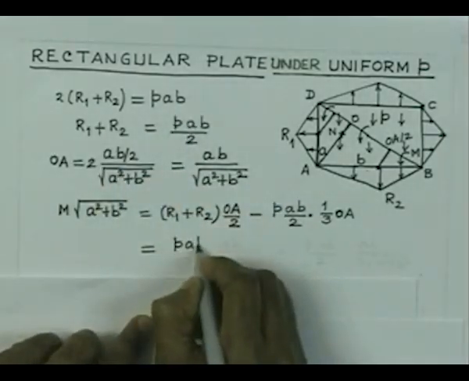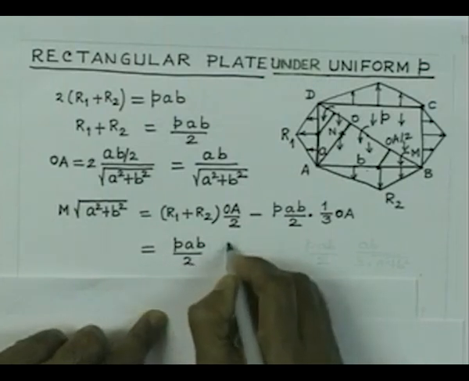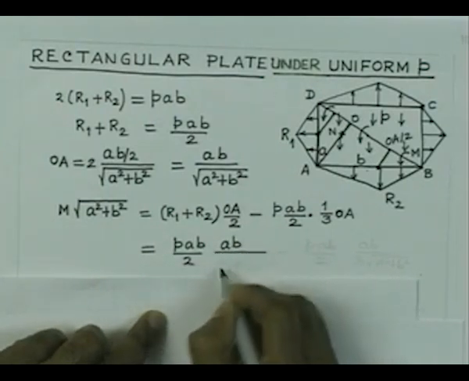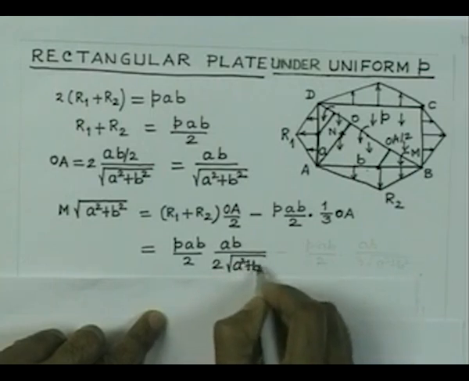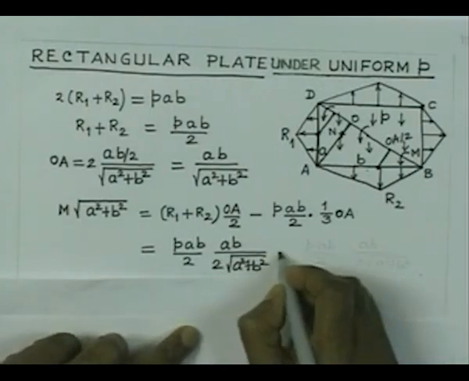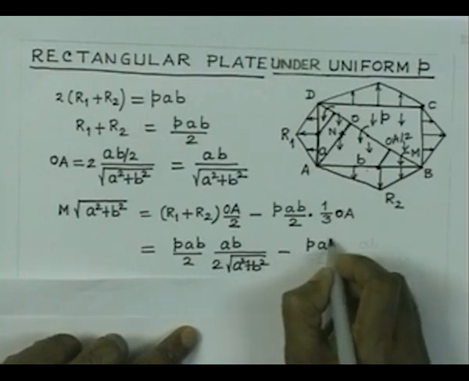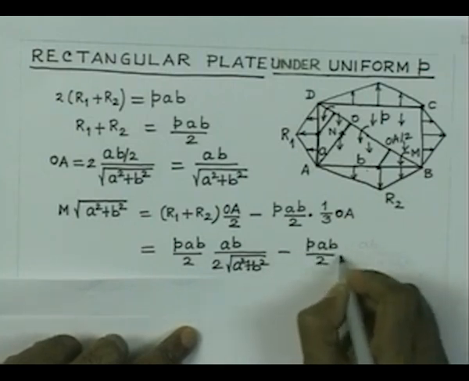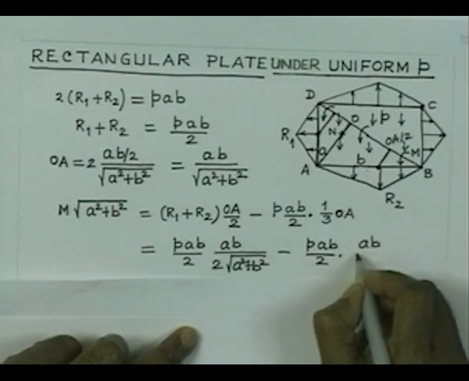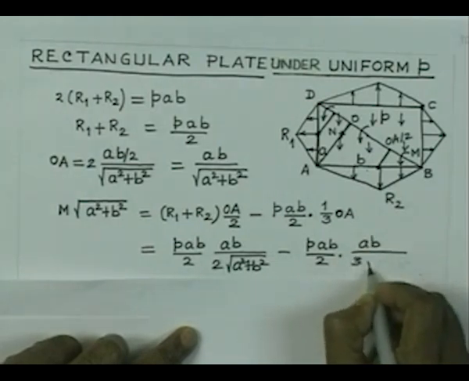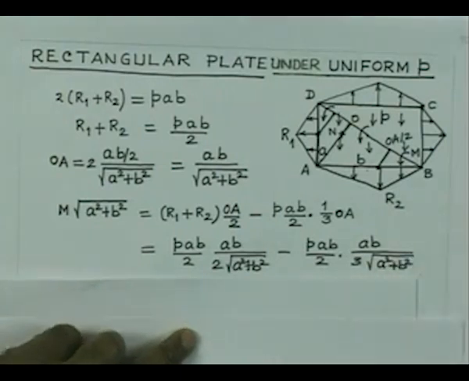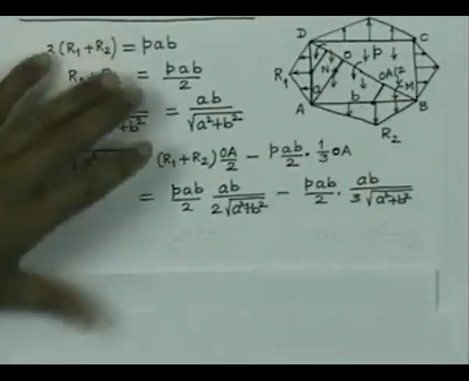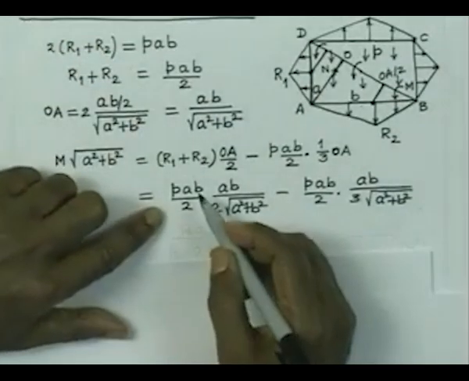So, we have PAB by 2 into the square root of A square plus B square, minus P AB by 2 into AB, this is 3 A square plus B square. So, that is the value, and once you substitute,